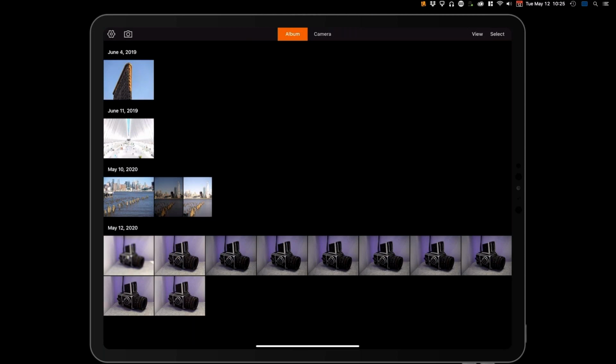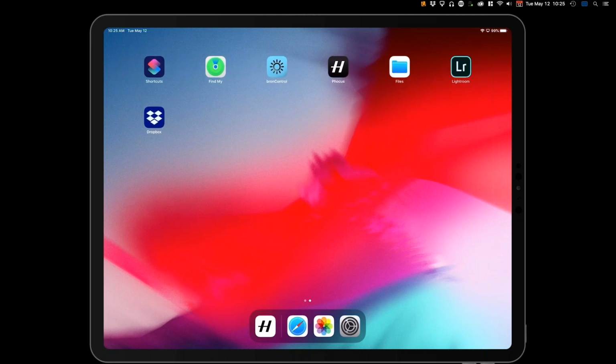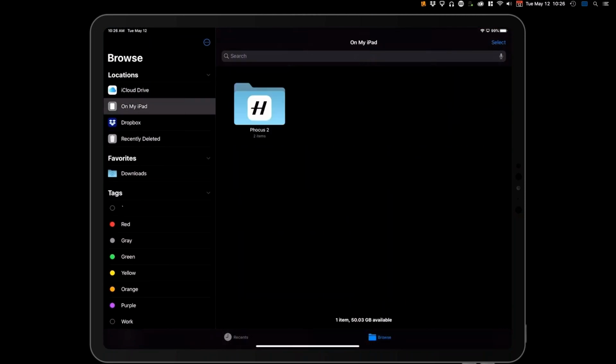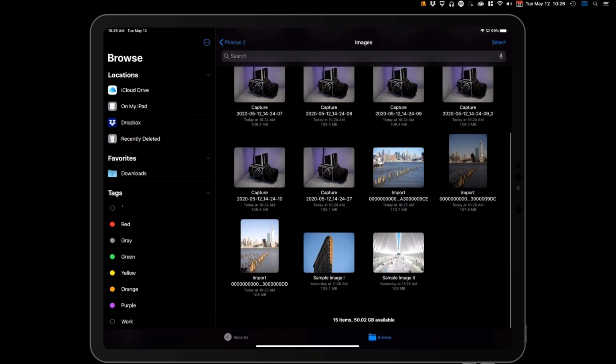So what's neat about how we store the files is that we do give you a fair bit of flexibility in backups or redundancies in terms of managing the image. So for example, I'll exit Phocus Mobile 2 and go over to the iPadOS Files app. And if I tab over to On My iPad, you can see that there's a Phocus Mobile 2 folder. I can go into the images folder, and the images that I imported can easily be dragged and dropped to another storage solution. So in this case, on the left, I have a couple of options like iCloud Drive and Dropbox.